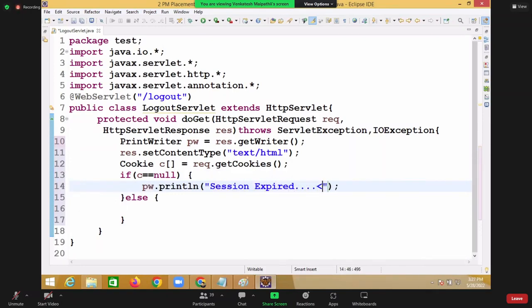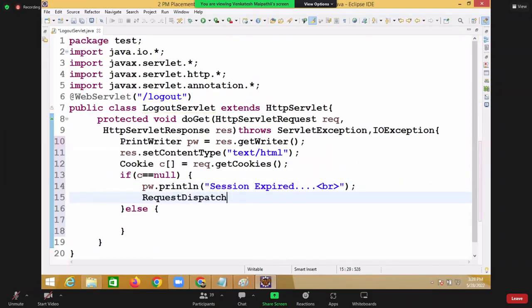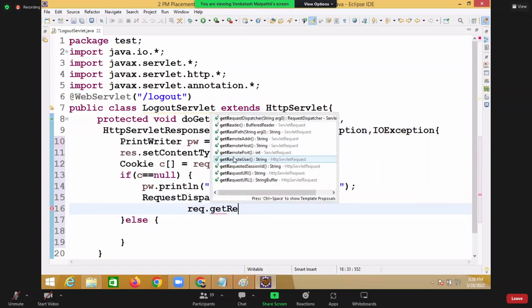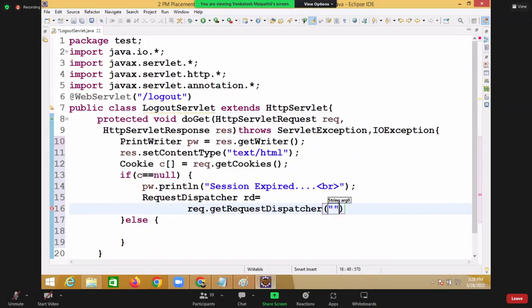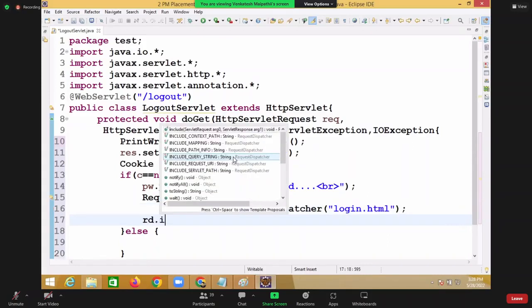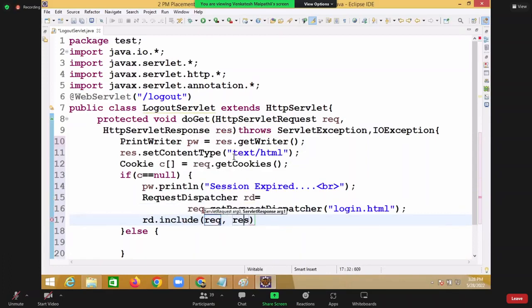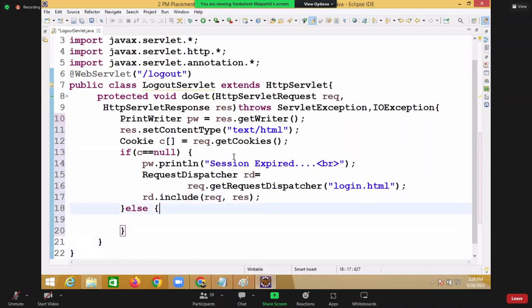So here RequestDispatcher rd = req.getRequestDispatcher("login.html"), where rd.include(req, res). Suppose the session is still alive, then here c[0]